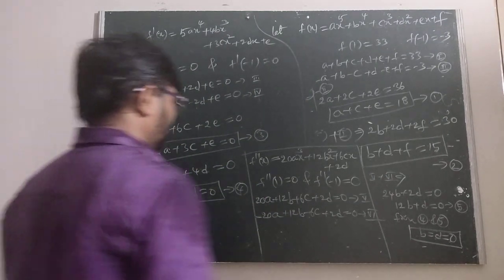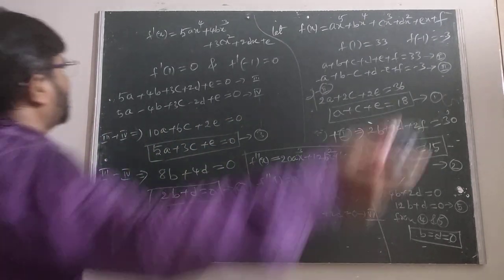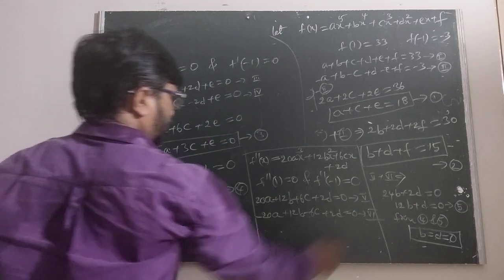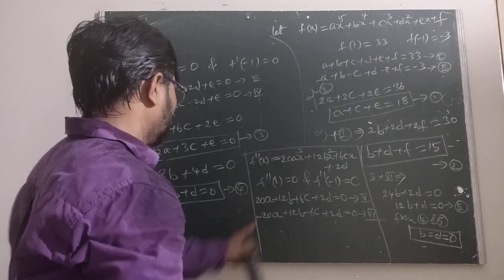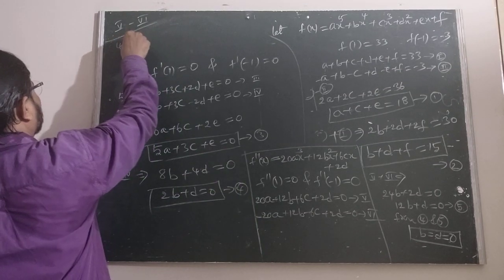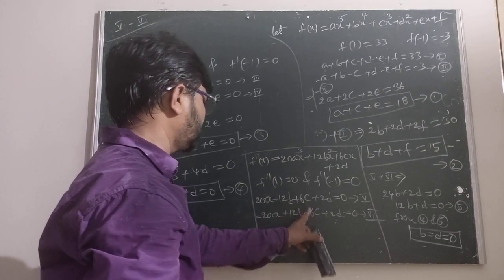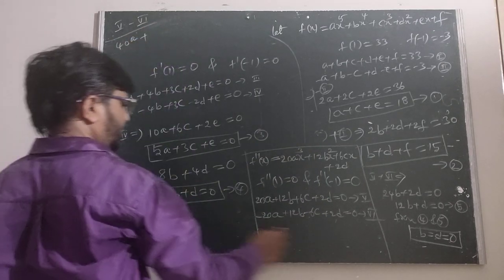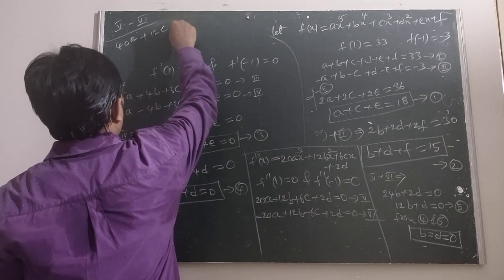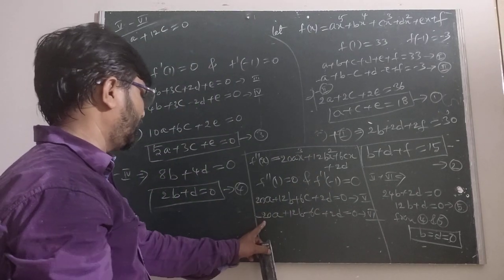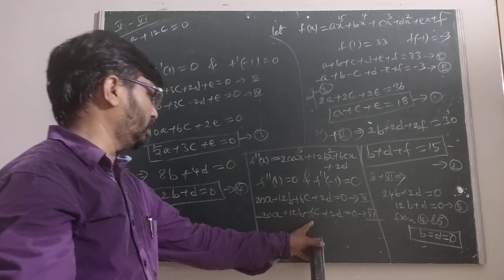After that, we add Roman number 5 and Roman number 6. Now we subtract: Roman number 5 minus Roman number 6. Then we get 40a minus of minus plus 40a. These two cancel. We get minus of minus 12c. The d terms cancel. So 20 minus of minus plus 20 is 40. Therefore minus of minus plus 6 is 12c.